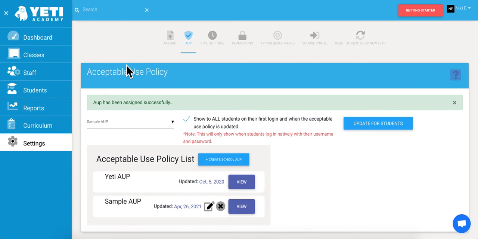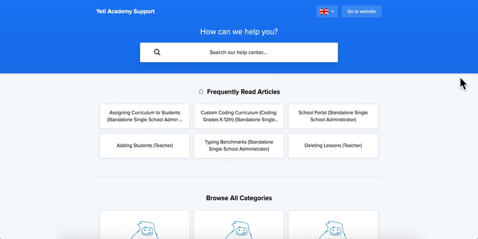So should you have any more questions about AUPs or any other area of the program, go ahead and check out our Help Center by clicking on any of these purple question marks throughout the program. Our Help Center is always growing to better suit your needs and answer any questions you might have. If you find that you're still confused, you can always reach out to us at support via the chat or by emailing us at